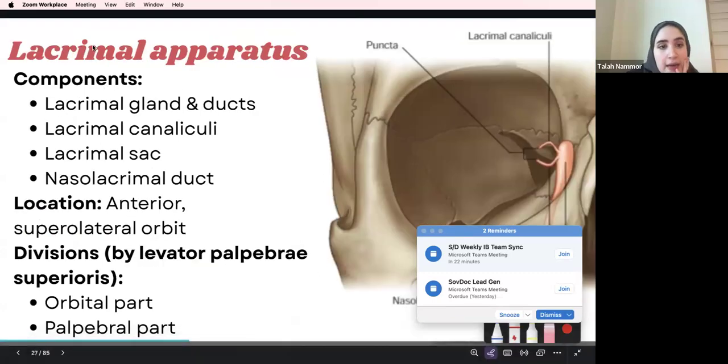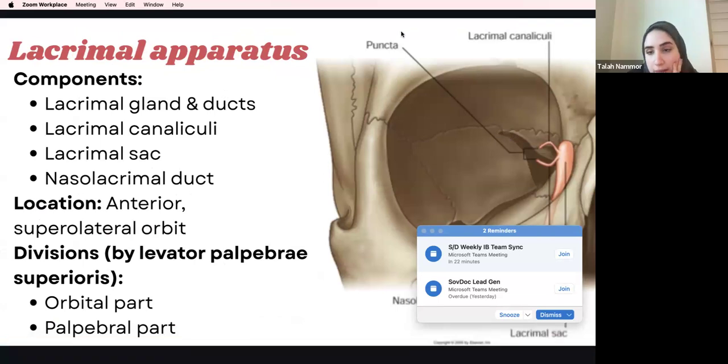Okay, now we're going to talk about the lacrimal apparatus. So the lacrimal apparatus is basically the thing that causes the tears. It's made up of lacrimal glands, ducts, canaliculi, sac, nasolacrimal duct. We have anterior and supraorbital, supralateral orbit. So, let me show you right here. This is the lacrimal sac. Sac as like a bag. So lacrimal sac, and then it gives out the